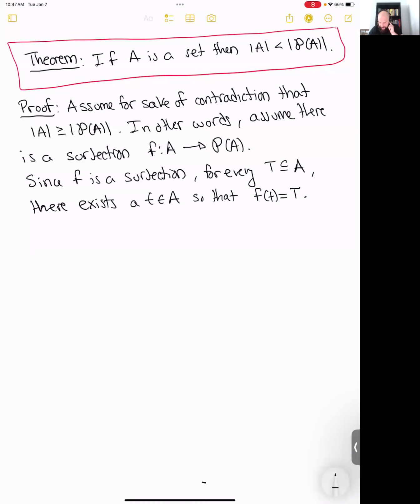Okay, again, remember the function starts with elements of A and returns a subset of A, right? So it's a nice notation to use the lowercase t for an element of A and the capital T for a subset of A, right? So now